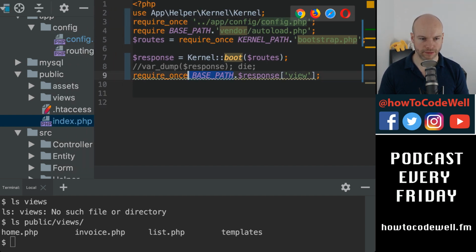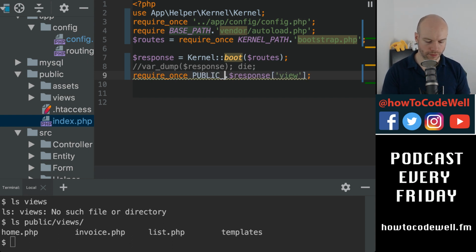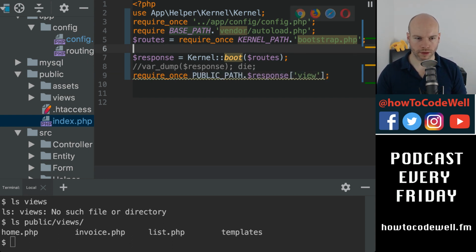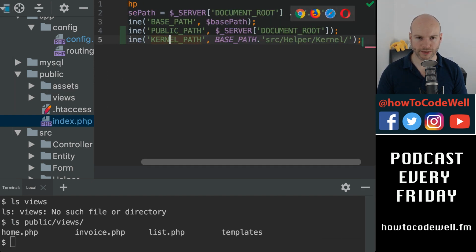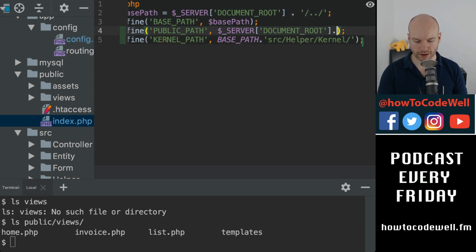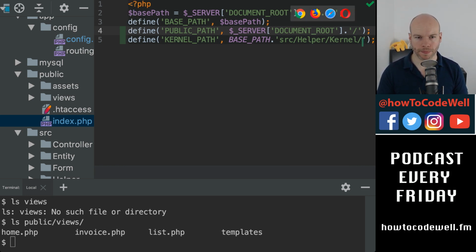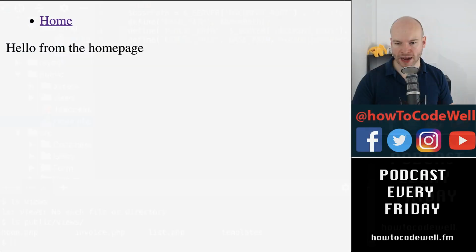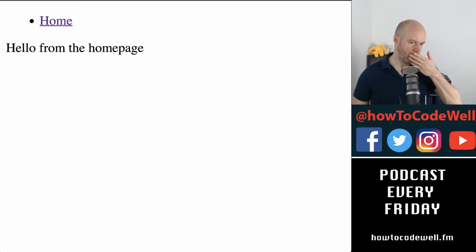So this now needs to be public path rather than base path. And it also needs to have, if I can go back to the config, we need to do a /. It should really be DIR, but you know. And bish bosh bash, we now have the home page, which I believe if we ran